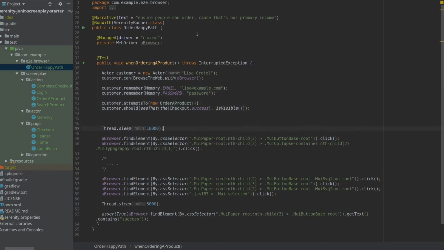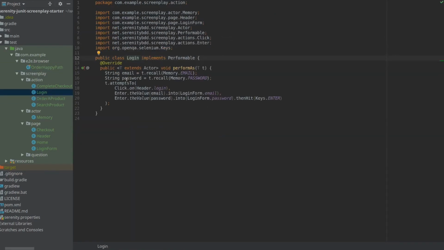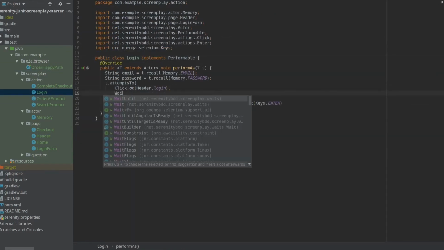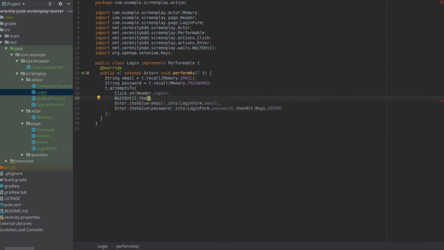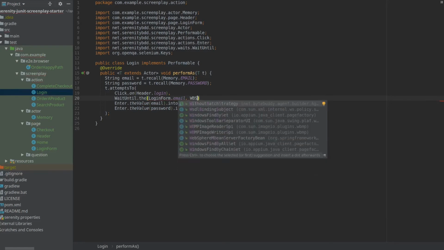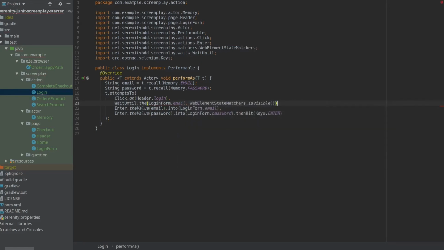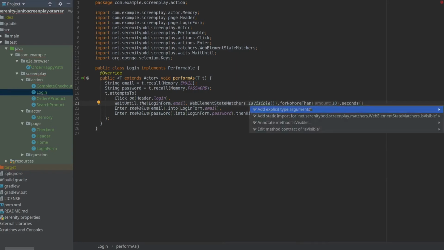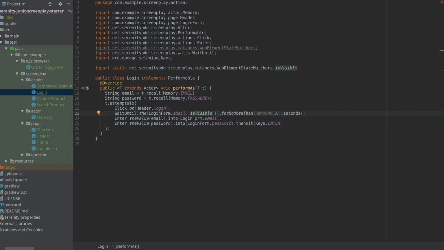So we now reduced our JUnit test to a few meaningful lines. Oh, I forgot to sleep. Let's see. Let's assume our login form takes a while to display, making our tests flaky. We can just tell Lisa to wait a certain amount in which the email input should be visible. If not, the test will fail, and if it's displayed earlier, we immediately continue. No need to wait the whole 10 seconds.